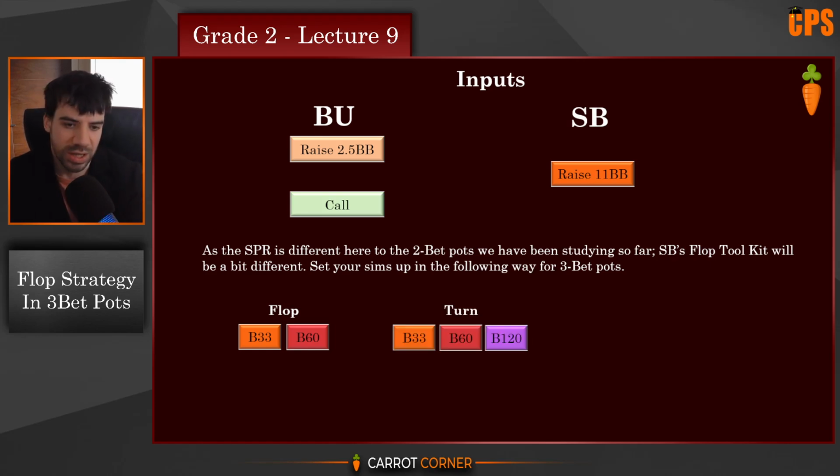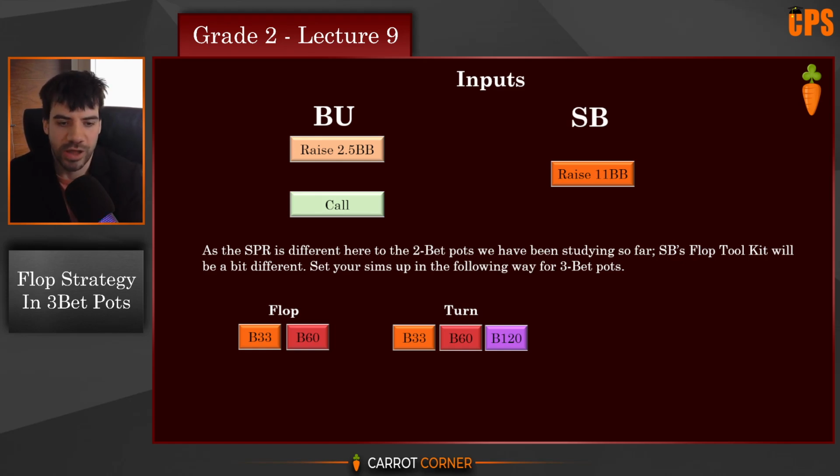On the turn, we'll still have 3 different sizes to choose between, although we will be building toolkits with just one of these wherever that's possible, which is most spots in 3-bet pots. B33 is going to be used on more polarizing textures. Something like an ace turn or flush card turn is going to be perfect for this